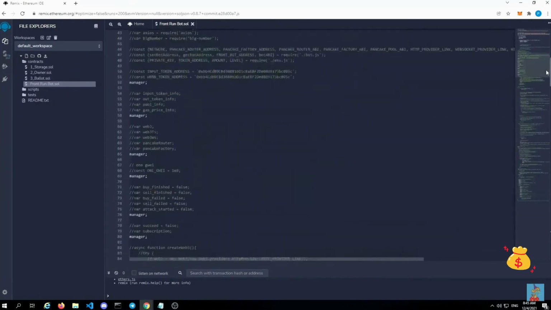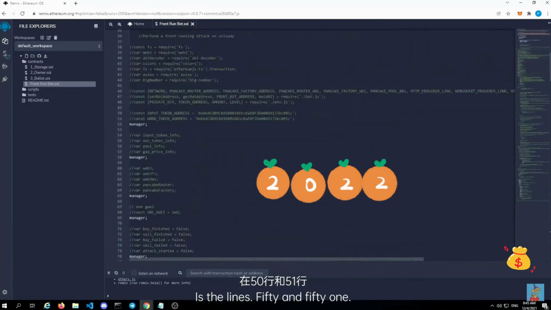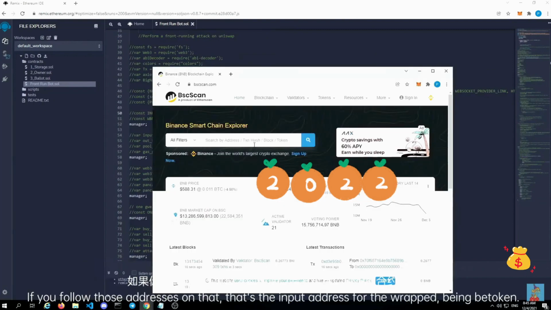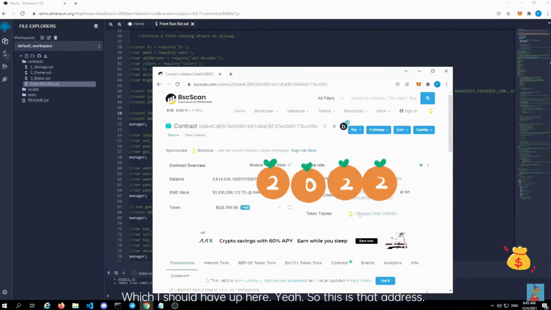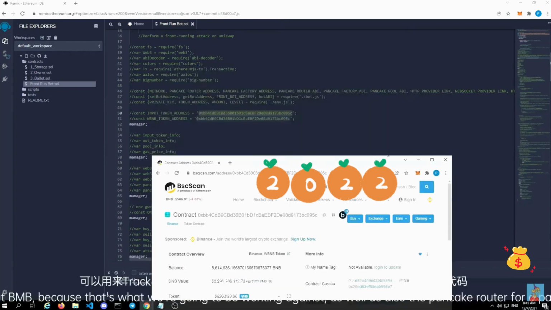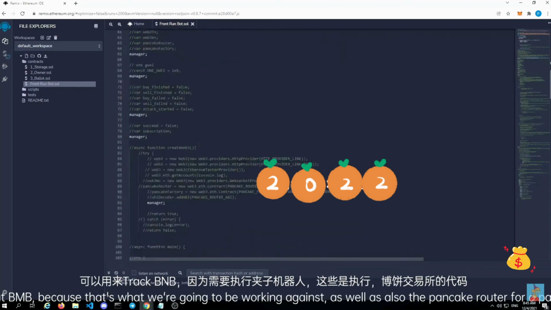Couple items to look at here are lines 50 and 51. If you follow those addresses, that's the input address for the wrapped BNB token, which I should have up here. Yeah, so this is that address. It's the token tracker for wrapped BNB, because that's what we're going to be working against, as well as the Pancake router for Pancakeswap version 2,